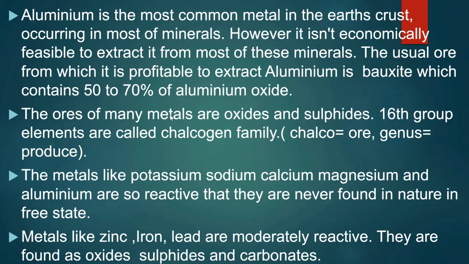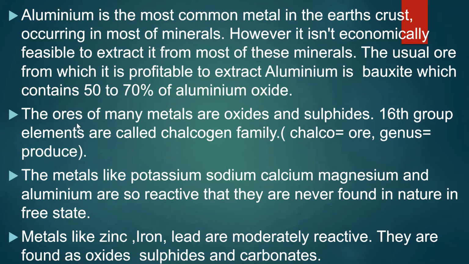Aluminium, what is the symbol of aluminium, children? It is Al, the first two letters. Aluminium is the most common metal in the Earth's crust, occurring in most of the minerals. However, it is not economically feasible to extract it from most of these minerals. The usual ore from which it is profitable to extract aluminium is bauxite, which contains 50 to 70% of aluminium